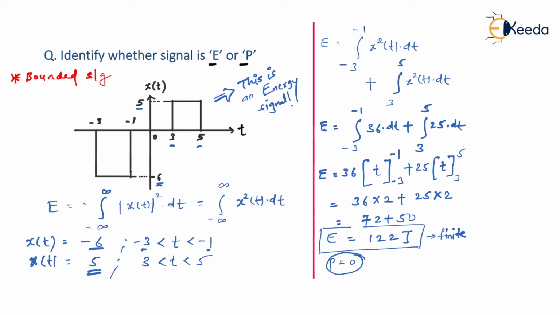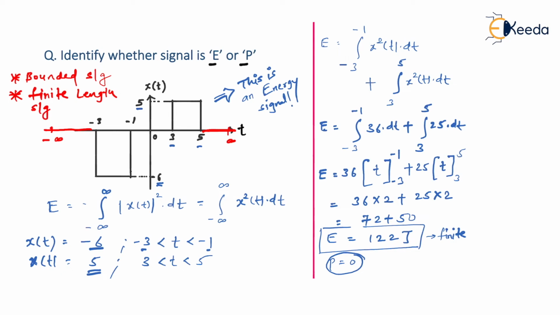Secondly, is it an infinite duration signal or a finite duration signal? Just check. It is a finite duration signal, because from minus infinity to -3 the signal is 0, and from 5 to infinity also the signal is 0. So if you see the length of the signal, it is ranging from -3 to +5, meaning this signal is a finite duration signal. So the first point we have noticed is that it is a bounded signal, bounded by amplitude everywhere, and second, that it is a finite length signal